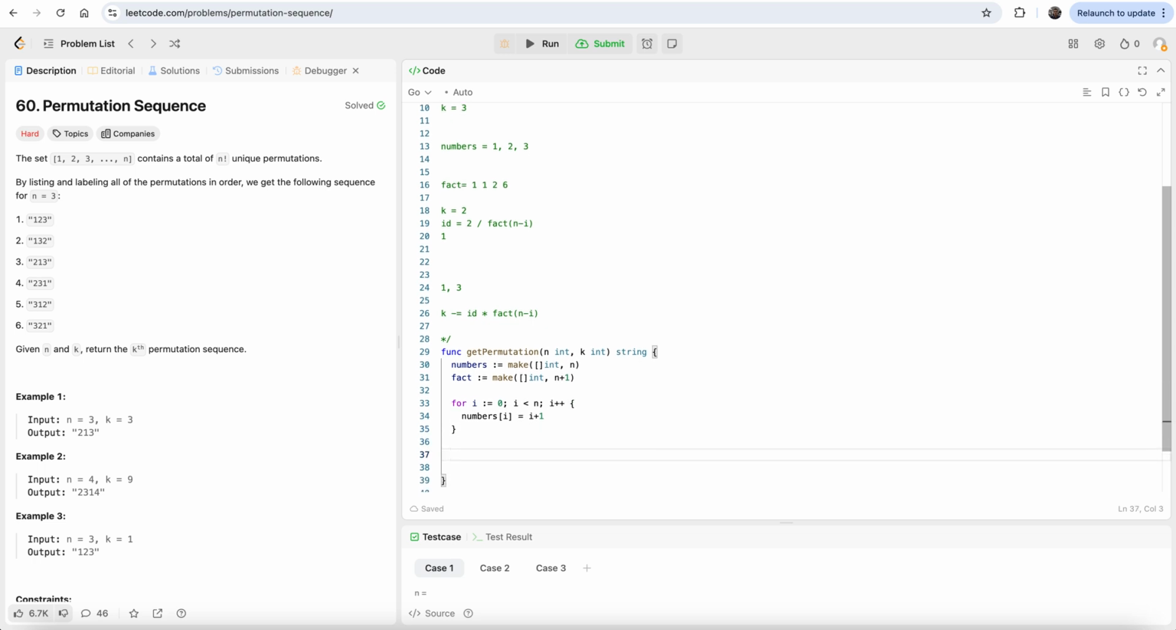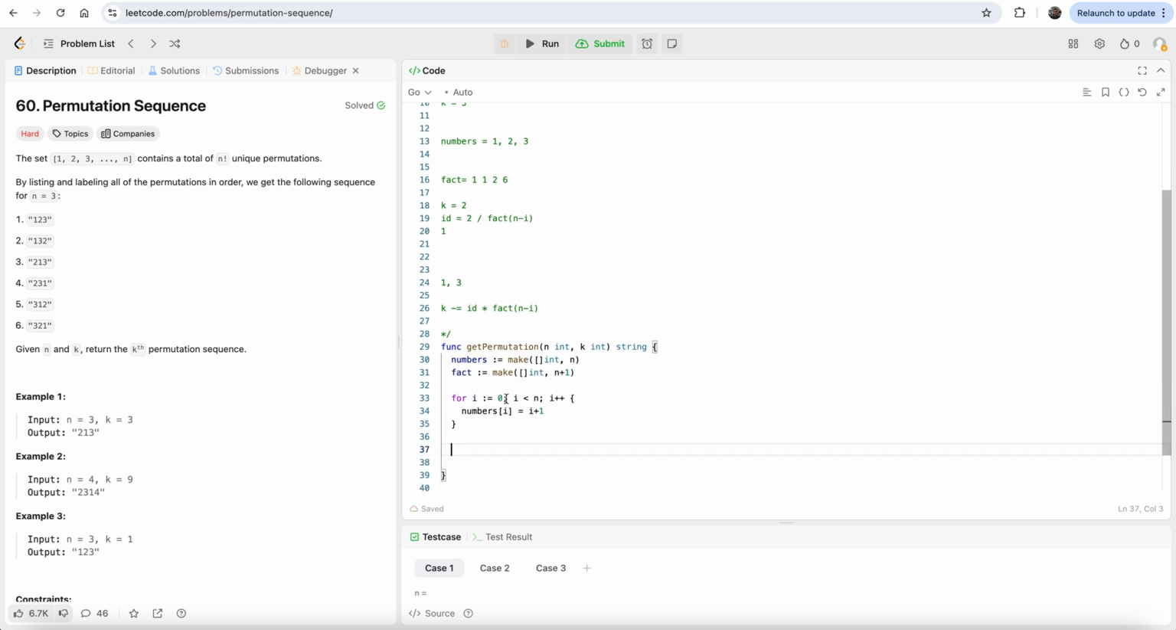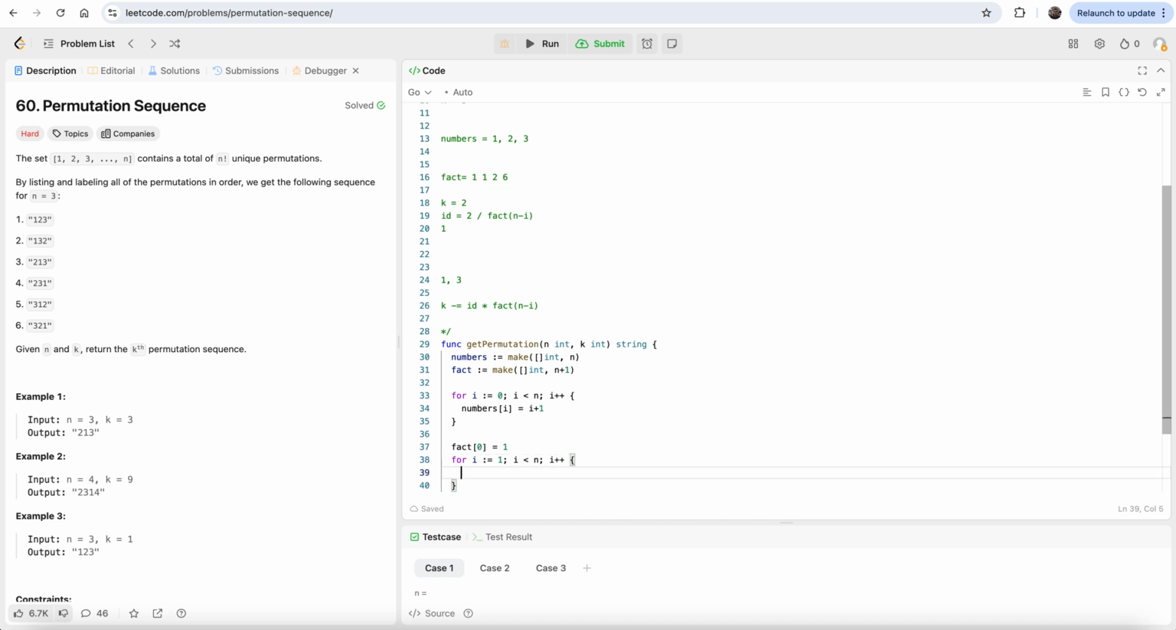Okay, in the same way let's calculate the factorial for all. So I can say fact, that's the array, so fact 0, in the beginning I'll just put 1, and then I will start with i is equal to 1, and then i less than n, and then i plus plus,